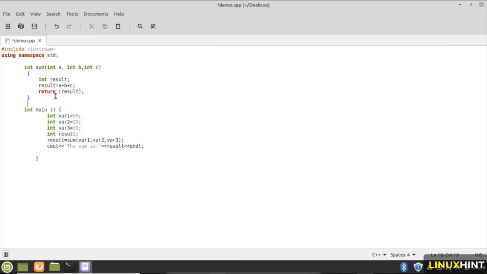So now define another function here which basically finds the maximum number between two variables and returns the maximum number. The return type of the function will be integer, or it could be float or string or anything, and the name of the function is max. It takes two variables as parameters, like int number 1 and int number 2,